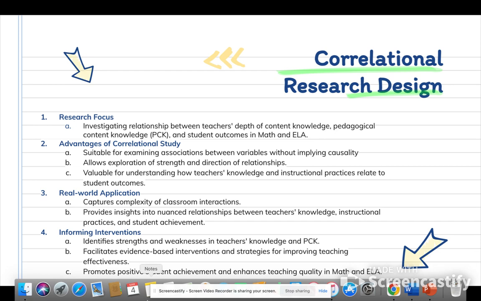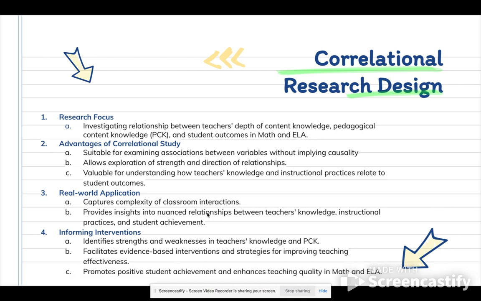It allows researchers to explore associations between variables in a real world context, and it also shows the relationship between variables without the need for extreme experimental manipulation, which makes it more applicable and valid. And also, it gives the results of correlational studies more transferability as well.